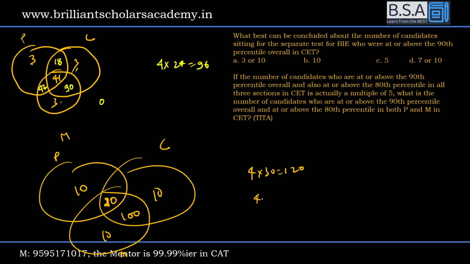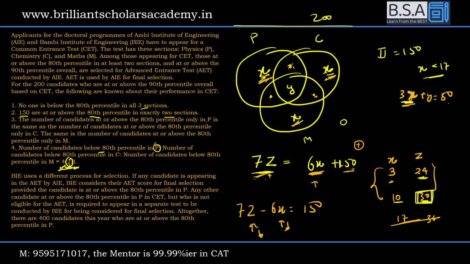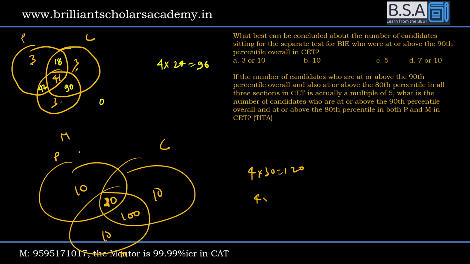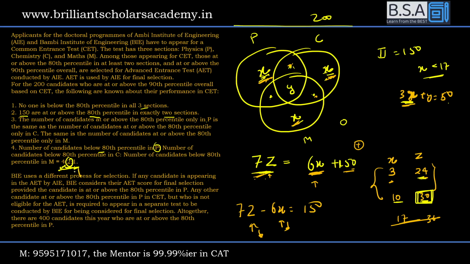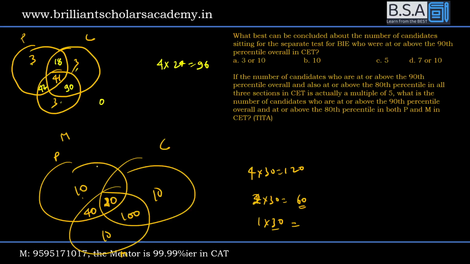केमिस्ट्री के बाहर था 2 इंटू 30, z 30 है, 2 इंटू 30, तो केमिस्ट्री के बाहर कितना है? 60 है, केमिस्ट्री के बाहर 60, तो ये 20 20, तो ये 40। और मैथ्स के बाहर था 1 इंटू 30, ये देखो 1, ये मैथ्स के बाहर वाले लोग हैं, तो ये 30 है, तो ये 10 10 10 हो गया। ये आपकी कंप्लीट टेबल हो गई।